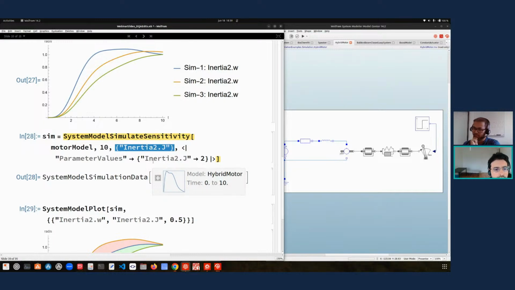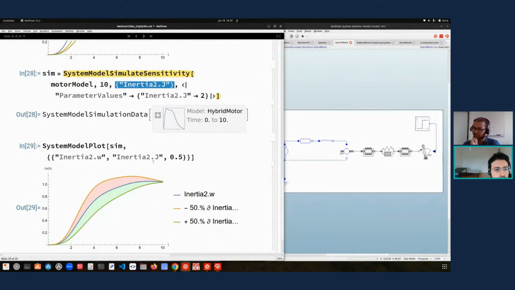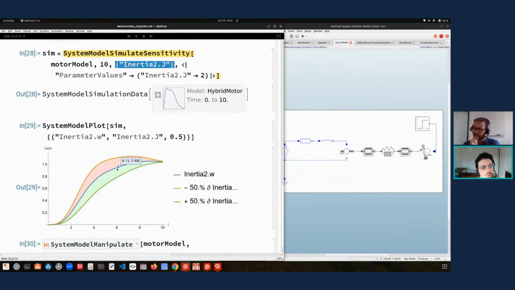And then what you can do is plot the sensitivity bands. Basically, we have the original results, and then we can specify a specific percentage that you want to move away from the result using the estimated sensitivity